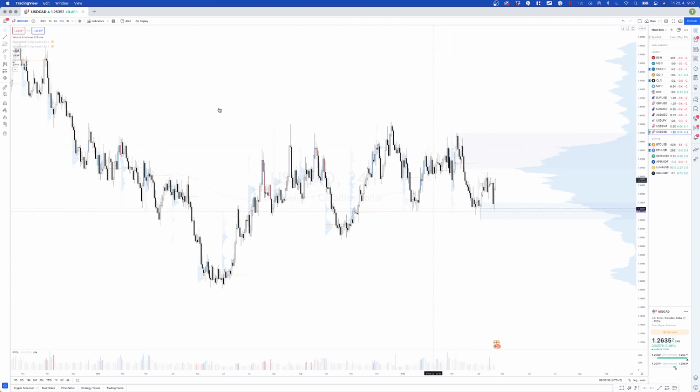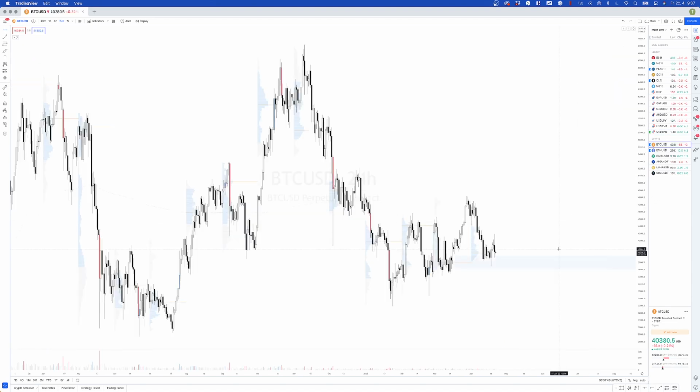This is the USD CAD. This is a trade I took yesterday. I will talk about it in a bit. But like I said, the profiles are really here just to see where the activity happened, where there is a lack of it. So I don't think this is the best example, but